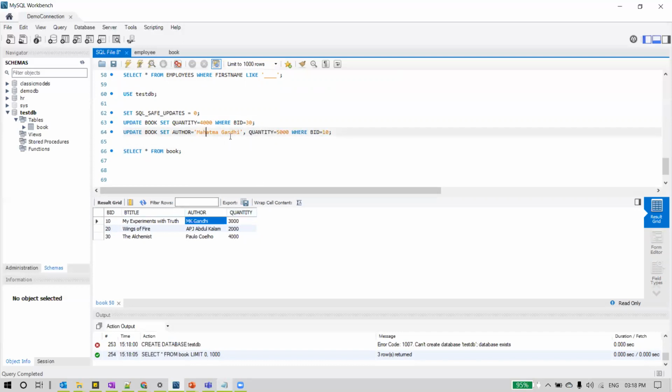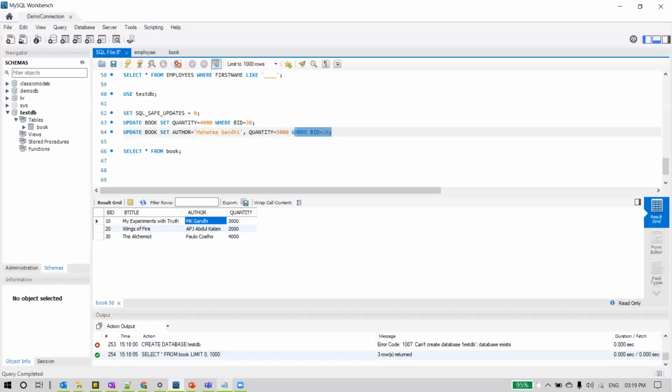We are going to modify the author column and quantity column values, and we are not going to apply this for all the rows. We want to write a condition where my book ID equal to 10, meaning modify the column values for these two columns, but don't do it for all the rows.